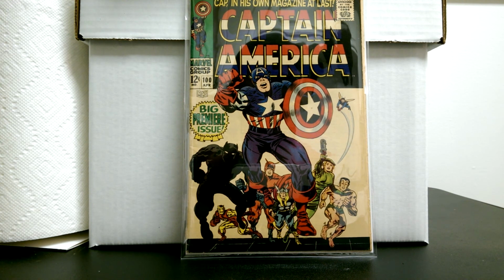I'm not sure if it's the best deal I've ever gotten, but because it's one of those 1968 premiere issues, I really wanted to get it. And honestly, I think this one is right now, especially when you're comparing it to eBay prices and everything, pretty undervalued, because when you're comparing it to even a Captain Marvel #1 or a Silver Surfer #1, this book is going pretty cheap right now. And from what I've seen in shows and other shops, it just doesn't get as much of the same cred. Maybe because Captain America's been around since the 1940s, and that's perhaps why. I'm not sure, but